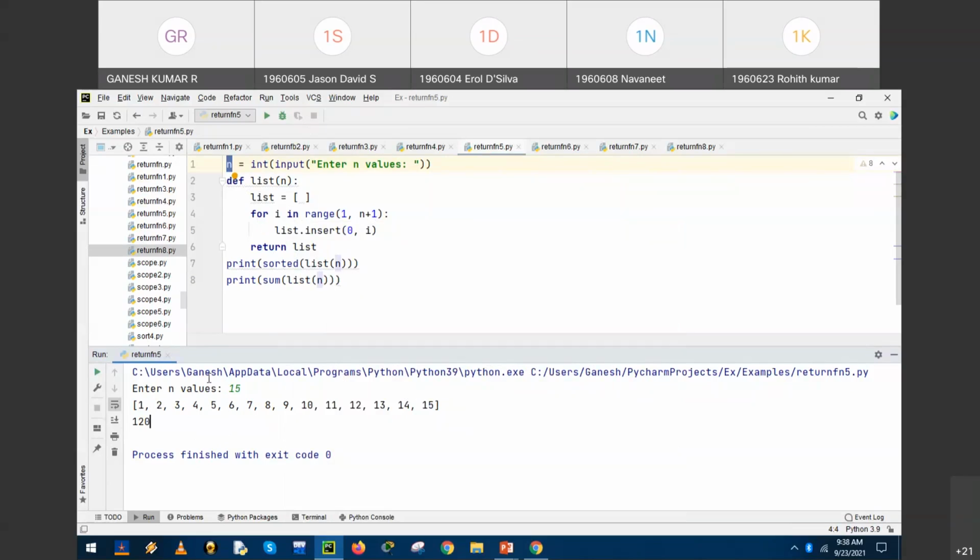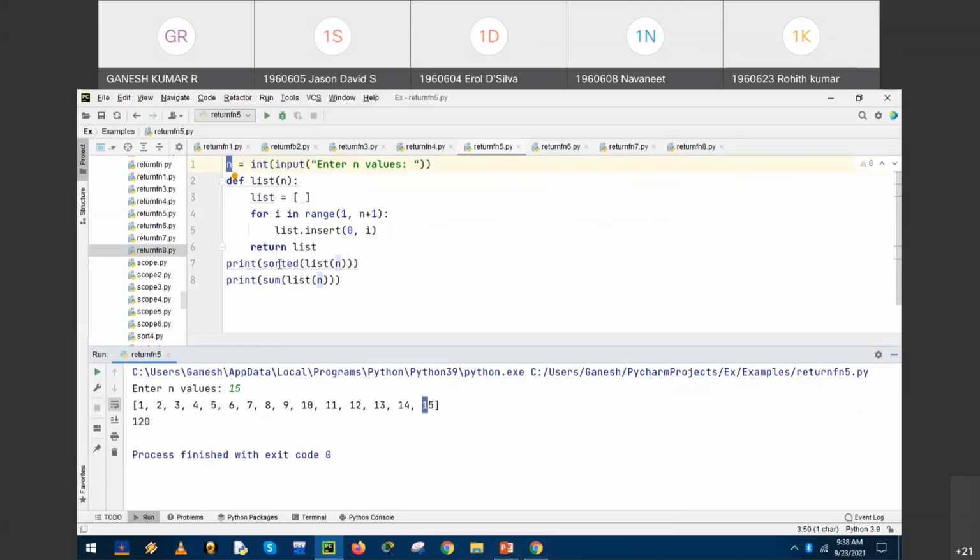Right? So if you have the fundamentals clear, then we can do all kinds of experiments in the programming language. So initially it was in the descending order, the largest value appears first, and the least value has been displayed at the end.